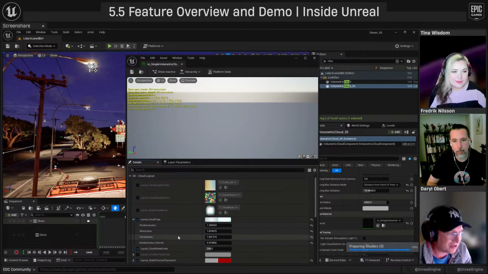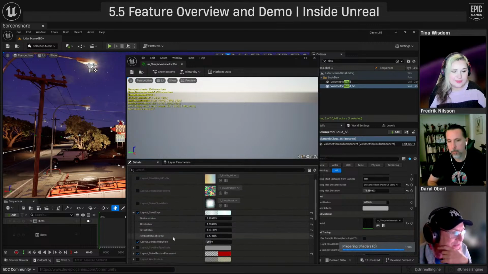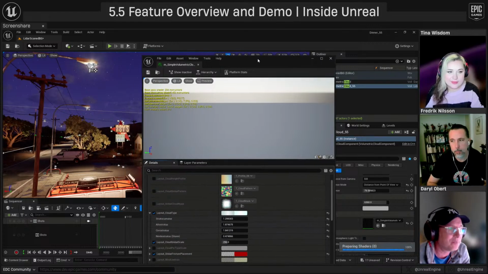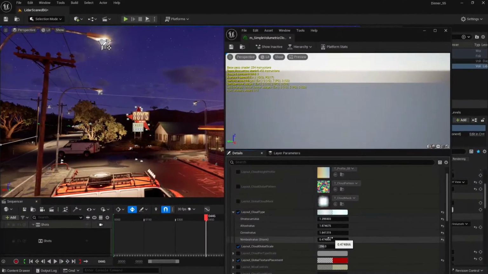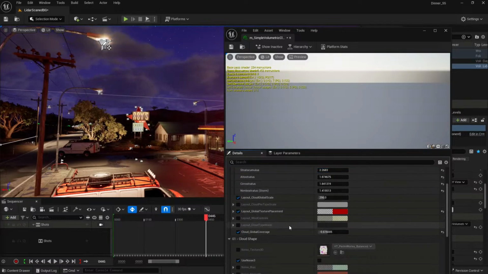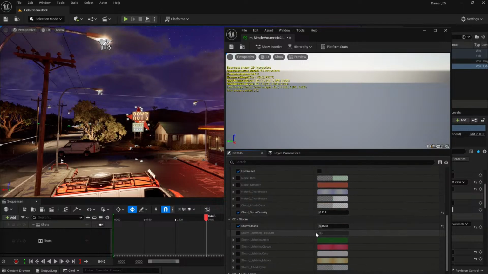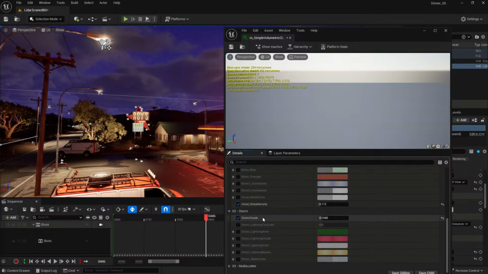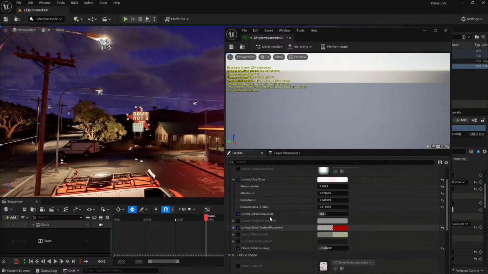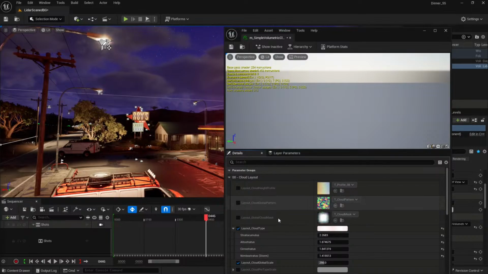it's a little easier, right? Like, you have different cloud types. With those different cloud types, you have sliders that allow you to balance in your scene how much of those clouds are in there. So as I start to increase or decrease these, you can see I'm turning on just that type of cloud layer. Maybe I want less of these and more of those. And then it's also got some other really great control over just the coverage, the density. They all just work much easier. And there's actually storm clouds. You can have lightning in it. So it's just so much easier to get good looking clouds out of the box.